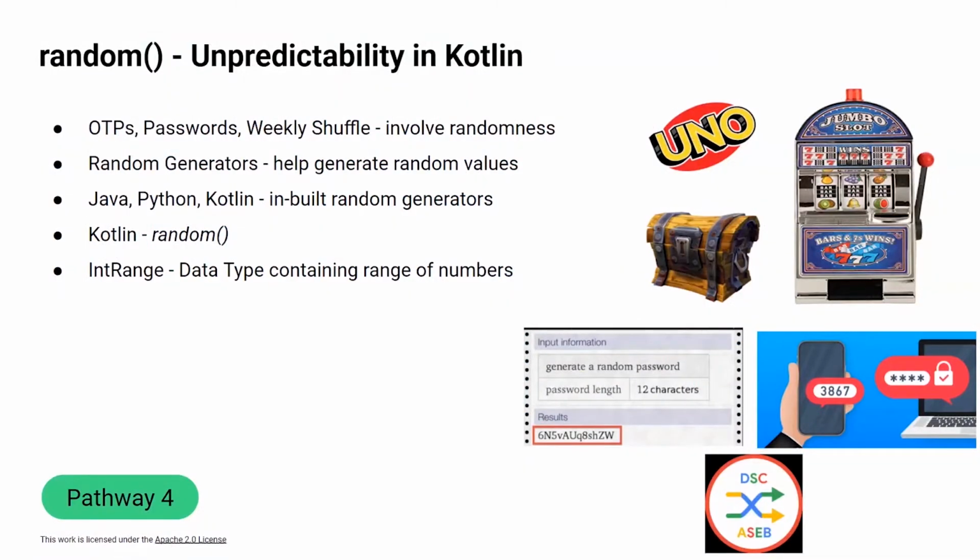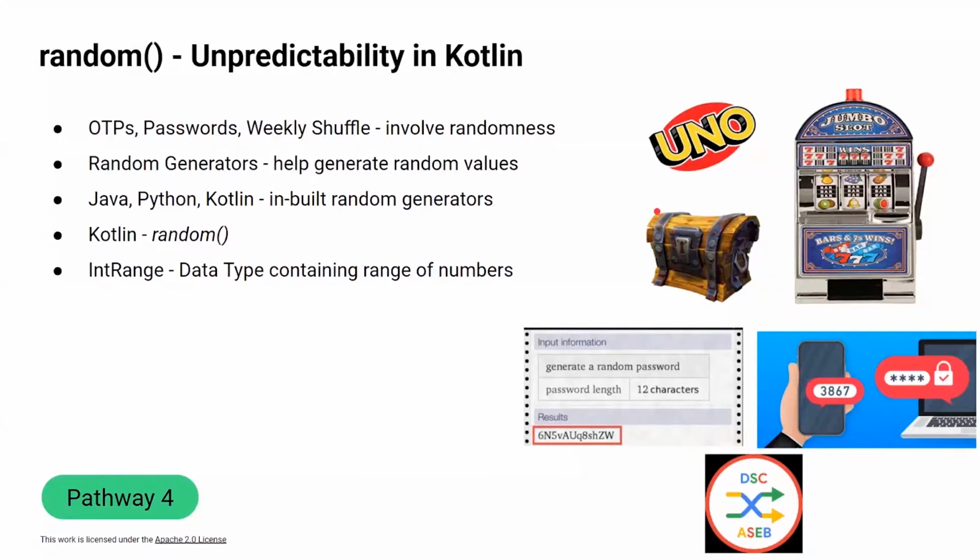Yeah, so like Saket said, OTPs involve randomness, and even games, Uno. I don't know if any of you have been to arcades or have seen this machine in general. It's a slot machine where you pull the lever, and if you get three of the same items, you win, or else you don't. So even the three items that appear on the screen of the slots are randomly decided. And like I said, in Battle Royale games, you do get drops here and there into the game. And they're randomly selected as well.